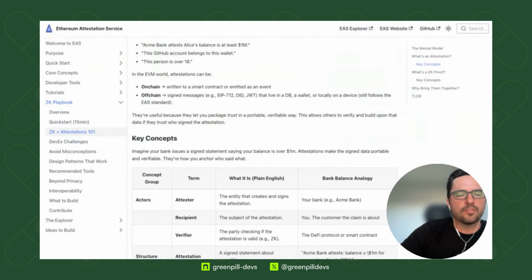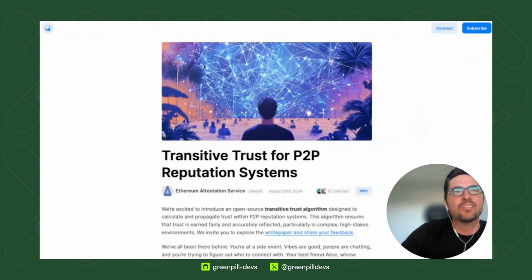And then this is kind of a hidden tool that we built. Hidden meaning I just wish it had more attention around it. But this was a really cool project that we built. It's fully open source. It's for calculating transitive trust. So if you're building some sort of reputation system, especially for impact measurement, and you want to understand how much you should trust different people based off of different attributes that they might have, we were really trying to think, well, how do you actually calculate and propagate trust in these types of decentralized systems?